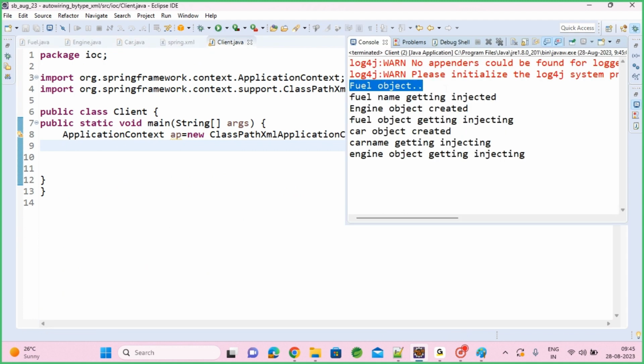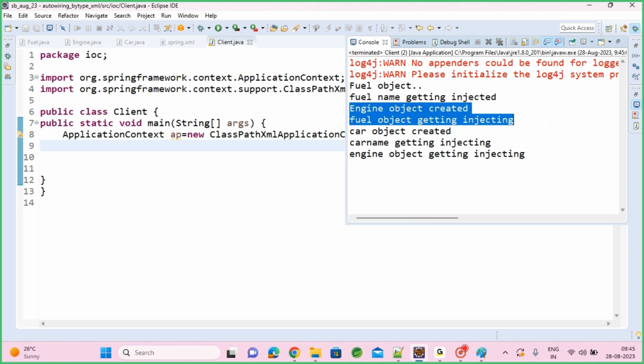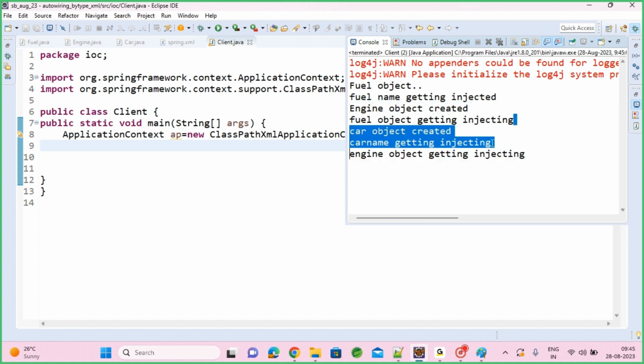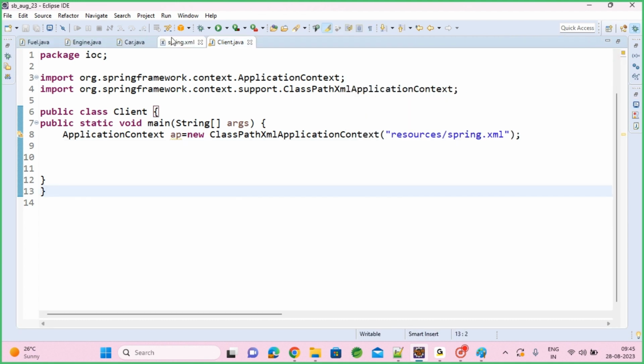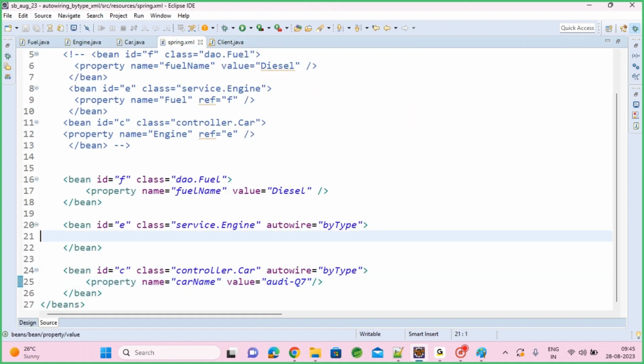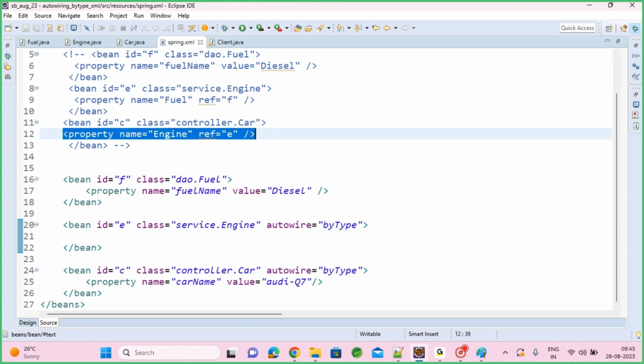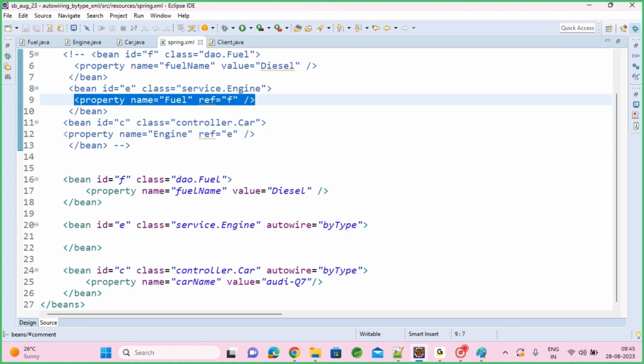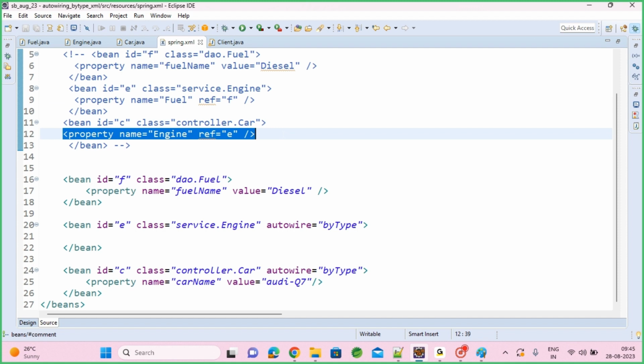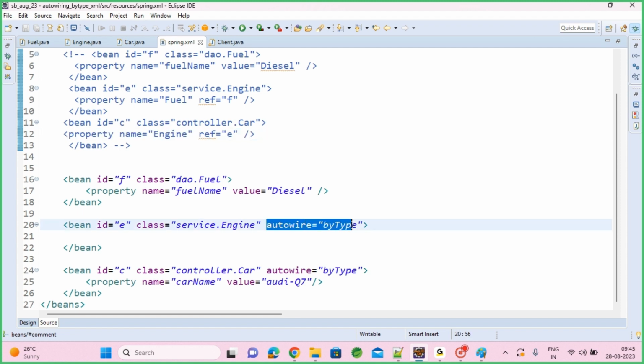Fuel object created. Fuel name getting injected. Engine object created. Fuel object injected into it. Car object created, and car name given. Then the engine object is getting injected. Everything is injected here. So I avoided these references here. Wherever references were occurring before, those reference tags are avoided. I'm not using any reference tags here. Who helped me avoid that? Auto